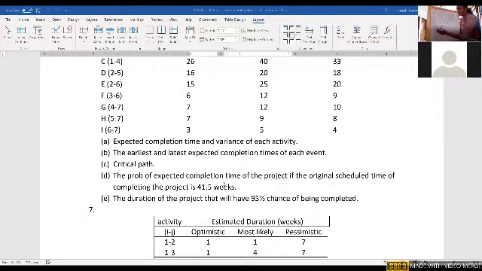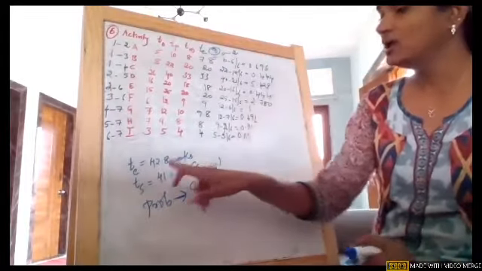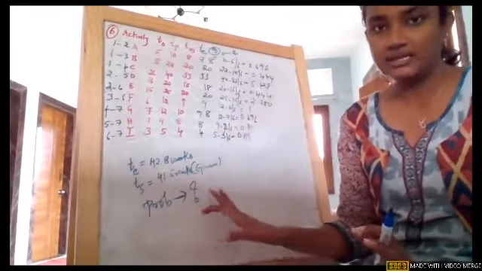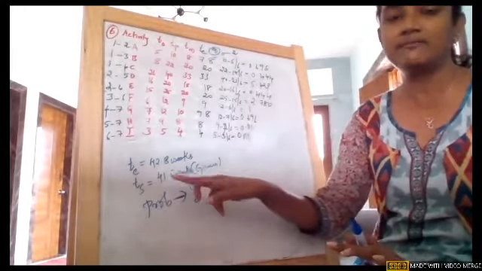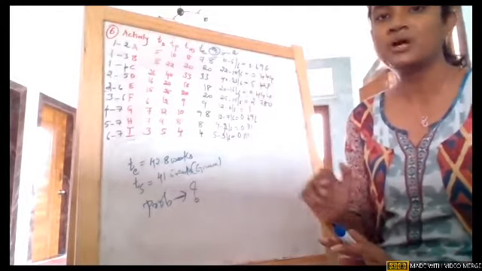Now this I can call TS, the actual scheduled time they are telling us. So TS is given to us as 41.5 weeks. Now they are asking us to find the probability. What is the probability of completing within this particular time? Now I'll stop sharing this question. So now you can see, girls, why I shared it. They are asking what is the probability that the project will be completed in 41.5 weeks. They are giving us one duration and asking us to find the probability.